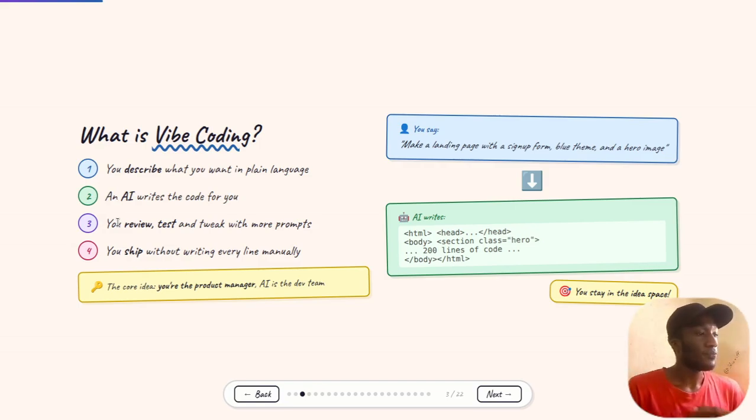And then you ship it. You ship the code without writing anything. Like in a tool like Antigravity, you have MCP tools for, I think, Firebase and Netlify. So you can just deploy your code by installing those MCP tools.